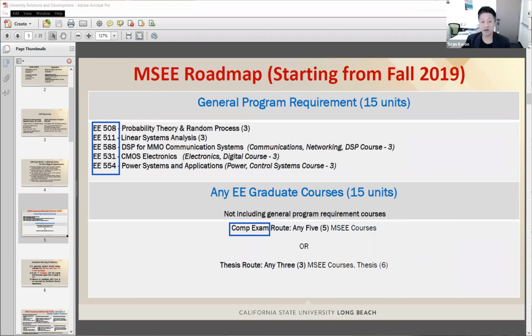If you joined CSULB before fall 2019, for instance, fall 2018 or spring 2018, in that case, in your comprehensive exam, these 2 are the mandatory subjects, and the other 3 subjects you can choose in your emphasis in general. Because before fall 2019, we didn't have 5 mandatory classes, but